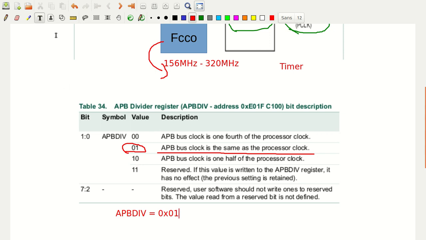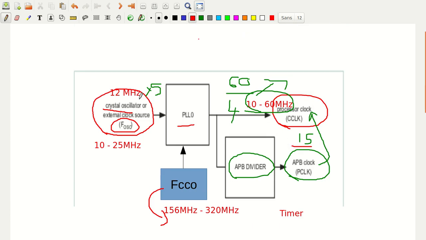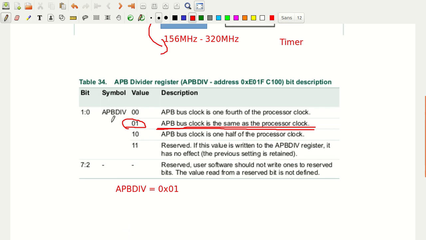So what will the APB bus clock be? The APB bus clock is the same as the processor clock. We will discuss later how we are going to set this. But one thing you have to note down here is that the APB clock is the same as the processor clock if the 0 to 1 bits of the APBDIV register are 01.